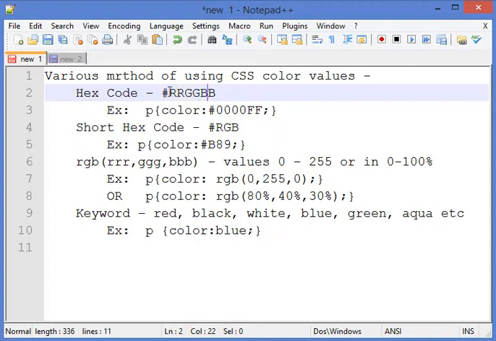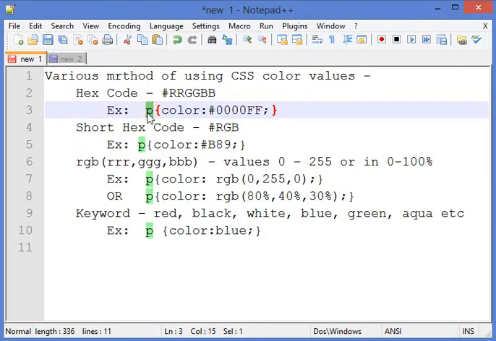And this hexadecimal value we can get from any graphical tool for any particular color, even from Microsoft Paint, where we can get these hexadecimal values for a particular selected color. So suppose I want to set a paragraph P's text color to something like hash 0000FF.